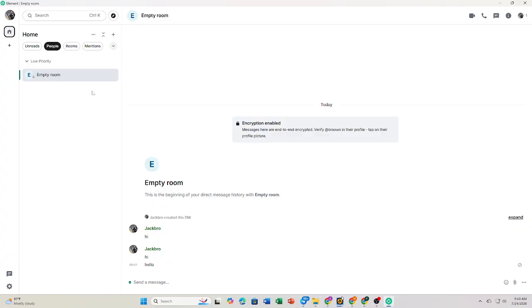Finally, if someone is sending abusive or inappropriate content, consider reporting them to the room administrator or home server administrator if reporting tools are available. And that's it. You now know how to block someone in Element Messenger and take control of your privacy and